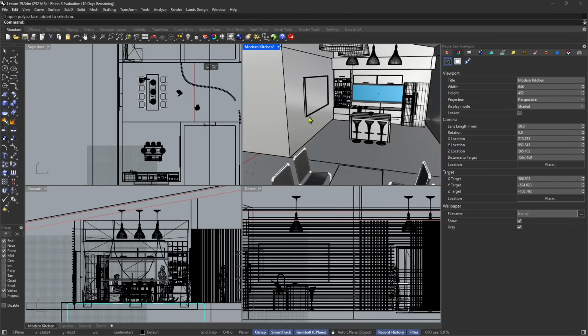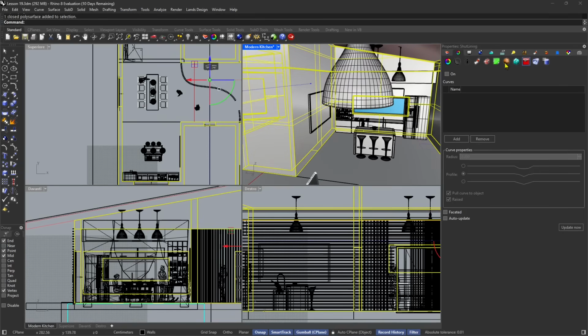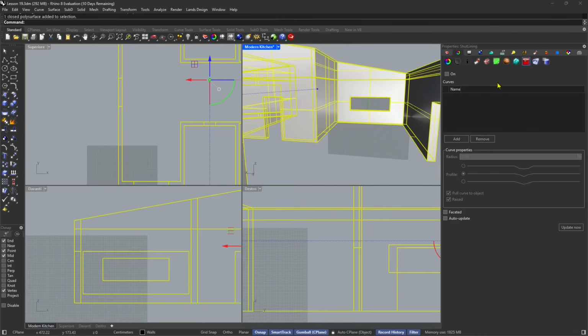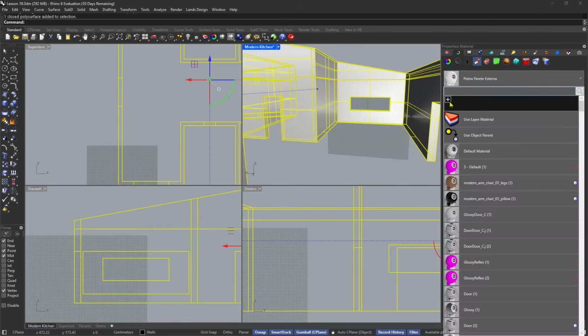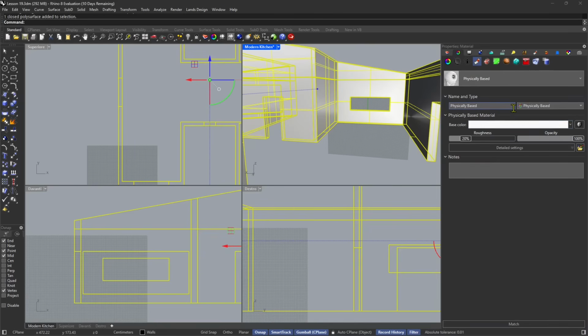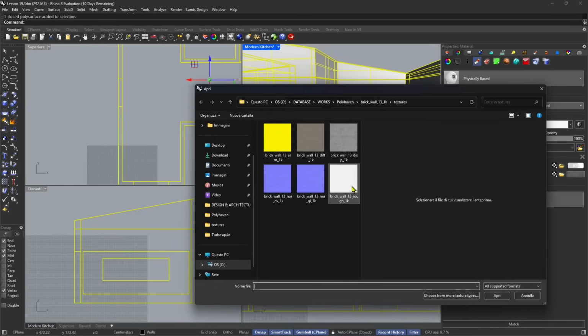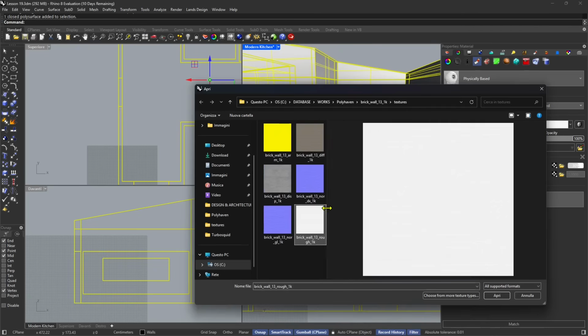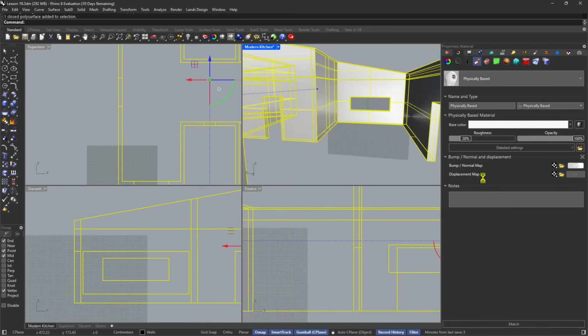Another pretty strong effect is the displacement. So this one here, let me isolate now this model. So I'm gonna isolate the walls. Okay, and let's see which materials is applied to the walls. Okay, let's create a new one, and materials should be physically based, and these are better. And when you add here detail settings, we can add the bump and normal displacement. So this is where you can add a displacement map. And for example, I got this from Polyhaven, and this one here, it's really, well, not strong displacement, but I can use it and I can see